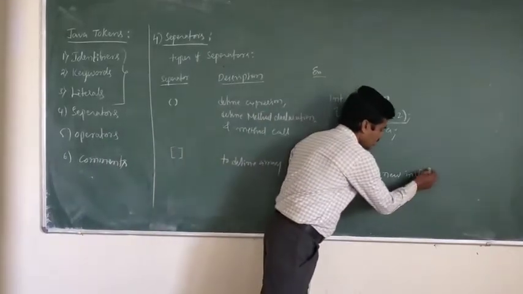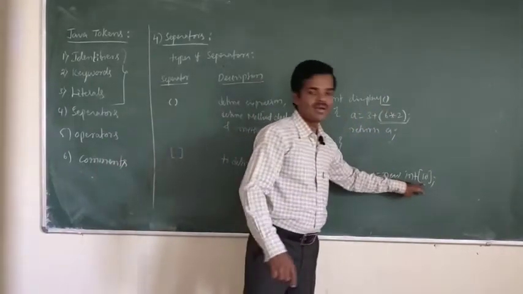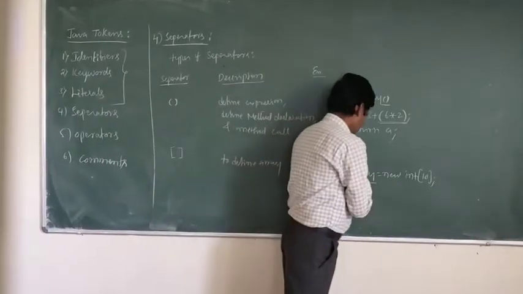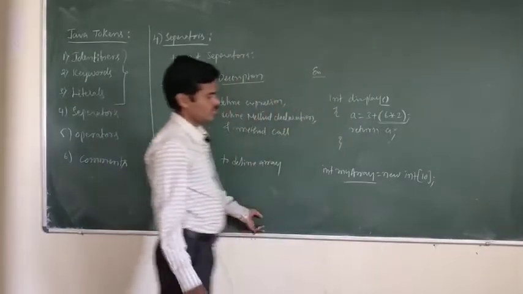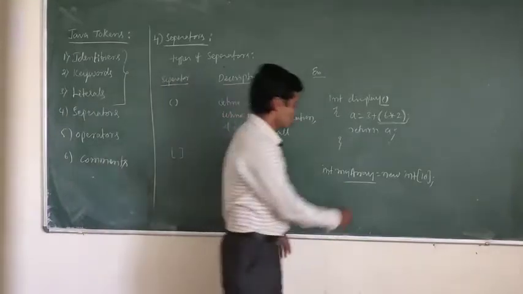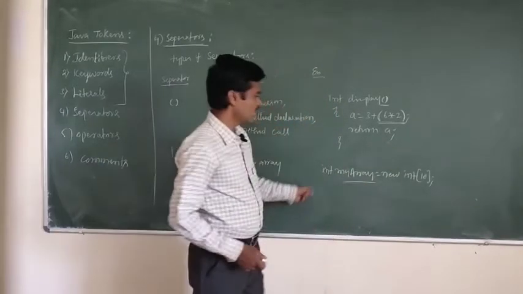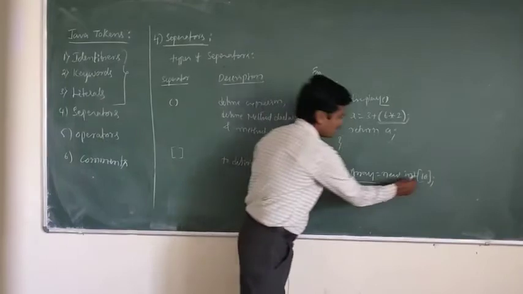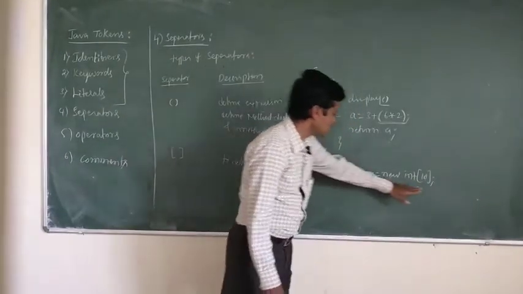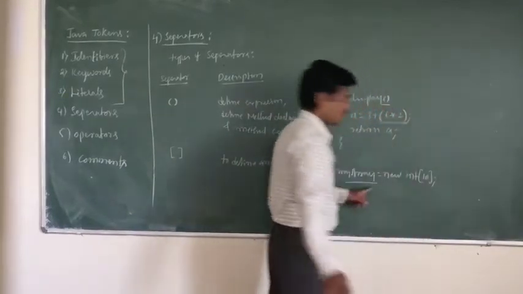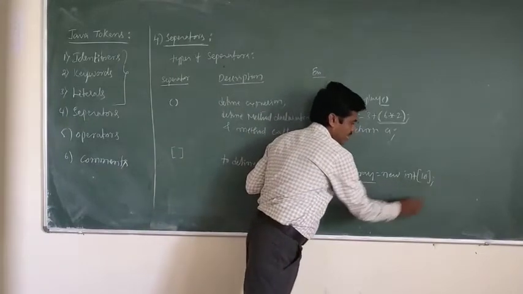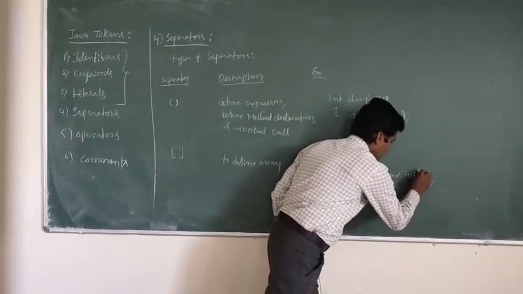My array is a variable name or array name of type integer. What is the size of this array? 10. This array contains 10 locations or 10 index values. So we can store 10 values in this array. You can enter 10 numbers in this array. This is how we declare and create an array in Java. This is called a declaration, and this is called an initialization. Int my array is equal to new int of 10. So an array can always be defined by using the square brackets.